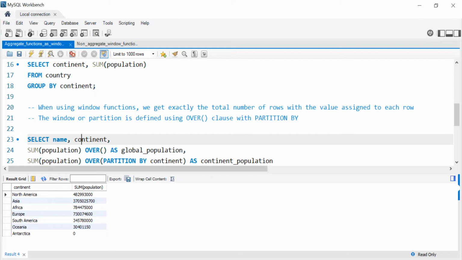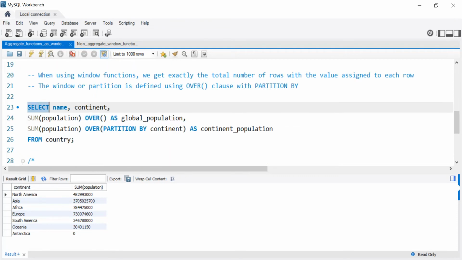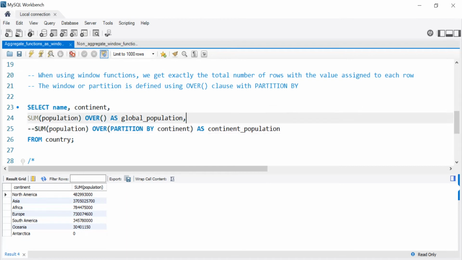So we'll get exactly the number of countries, and in each row we'll get, for example, the global population or the continent population, etc. We get that using the OVER clause. As we have said, we are going to select the name, the continent, and the sum of the population in the world. We are not going to use GROUP BY, but we are going to use the OVER clause. For example, if we omit this row and we want to select only the global population,